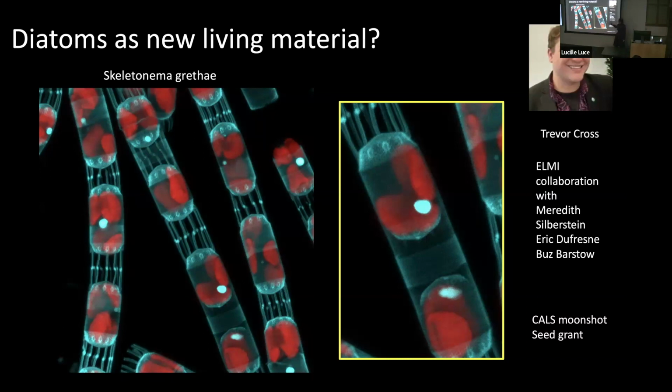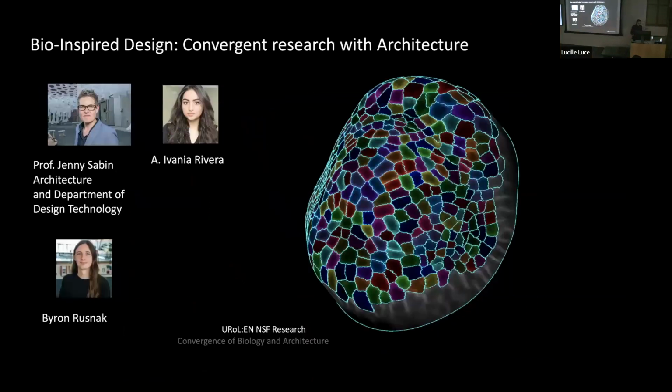But yeah, right now we're starting building a synthetic biology toolkit with a Cal's Moonshot Seed Grant for these guys. Another project that's funded by the NSF, it's a Rules of Life Emergent Network Grant together with Jenny Sabin. Jenny Sabin's in architecture, and she's founded the new Department of Design Technology here at Cornell. And with her student, we're trying to think about how we can use our images to inspire design at the